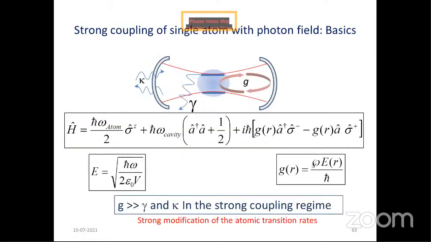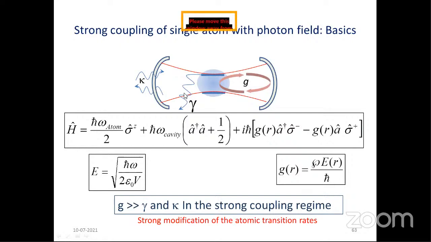So this is an example of a single atom in a photon. So you have an atom with two internal levels, one ground and one excited state. And these are two mirrors. This is a cartoon of an optical cavity which can support only a particular optical mode. Now, this mode volume is very small. And when you put an atomic dipole in such a configuration, the atomic dipole becomes very strongly coupled with the electromagnetic field mode within the cavity.